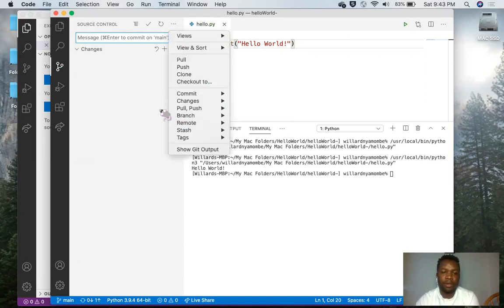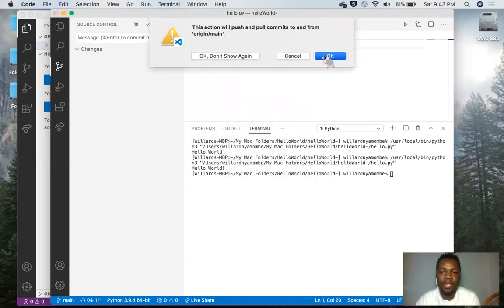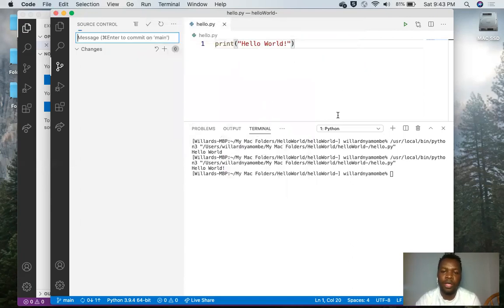In order to actually have it go onto GitHub, you want to pull and push. This default option, sync, is the one that we want to use. So you click it. Then yes, you want to push and pull commits 2 and 4. Exactly, that's what we want to do. Now you let it run